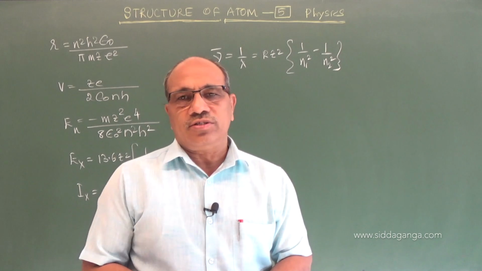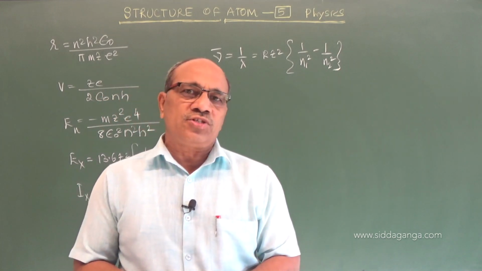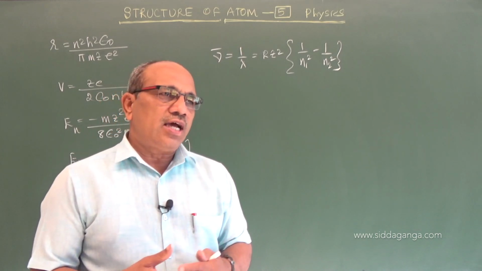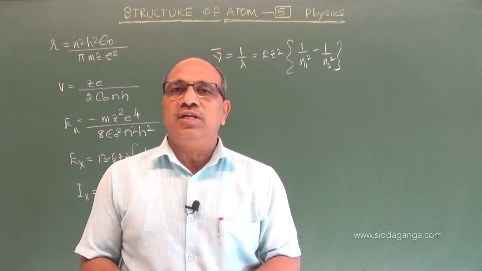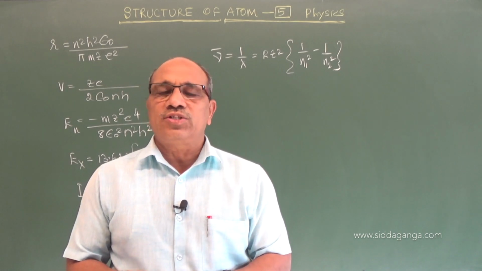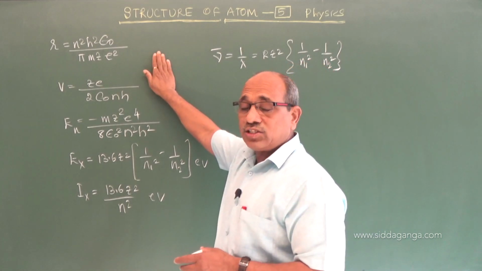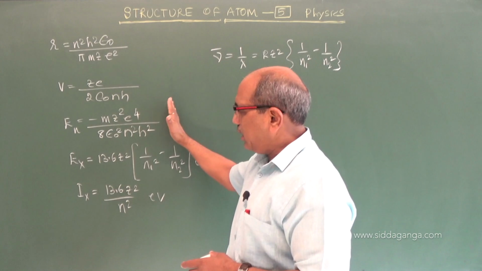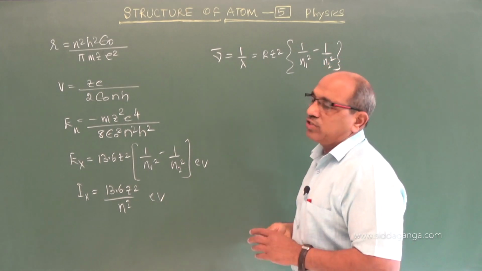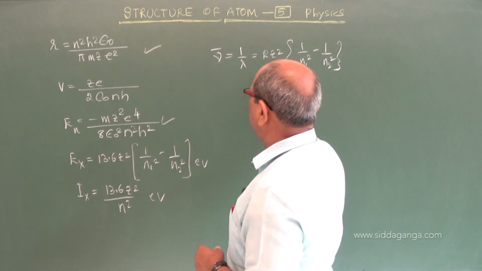And after observations, in today's class we discuss the merits and demerits of the theory as a conclusion of this chapter, and also the explanation given by de Broglie for the second postulate of Bohr's theory, and some related relations. With that we conclude this chapter today. However, these relations of radius, velocity, energy, excitation energy, ionization energy and even wave number expression. Most important are the radius expression, energy expression and wave number expression.